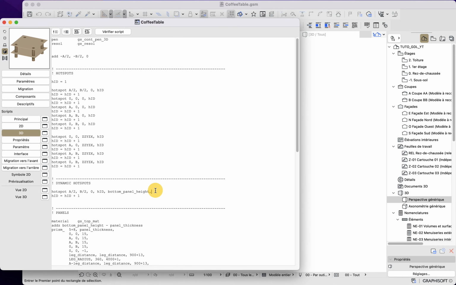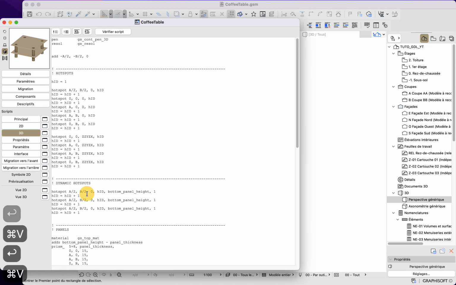So here we will put 1, which is the base hotspots. We want our origin to be at this coordinate. Now I will here copy paste it 2 times. And for the second hotspot, it will be the moving hotspot. So here, this is code number 2. And the moving hotspot obviously needs a Z value that is equal to the bottom panel height.